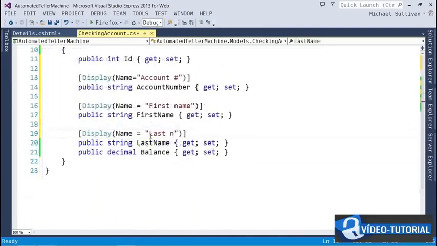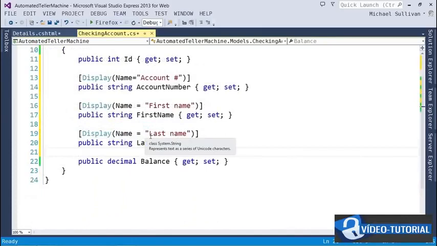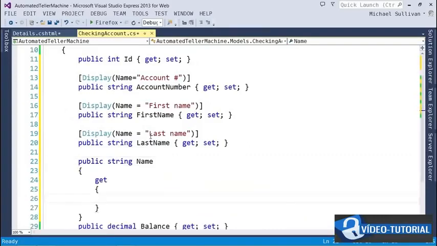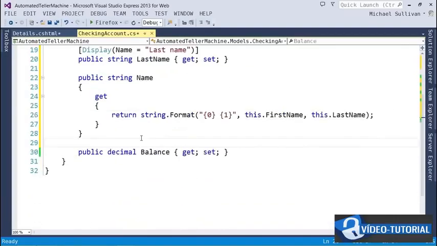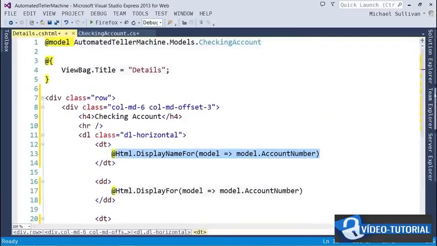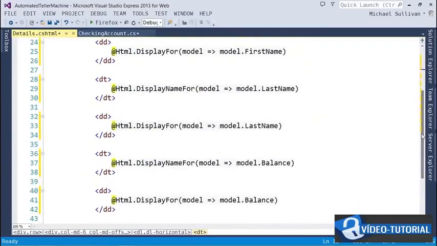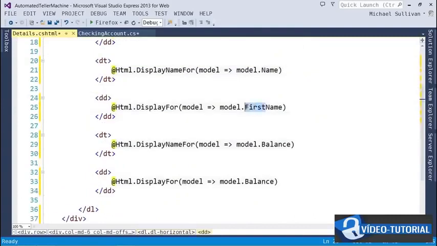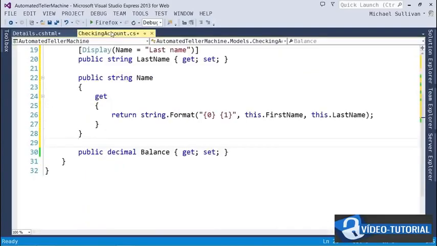I also might want to create a new property that's just called Name and only implements a getter. This will combine the two values, first name and last name, using string.Format. Then in the details view, we can remove the two elements for last name and just change first name to name. Finally, we'll make sure the balance is always displayed as currency using the default culture settings, and to do that,